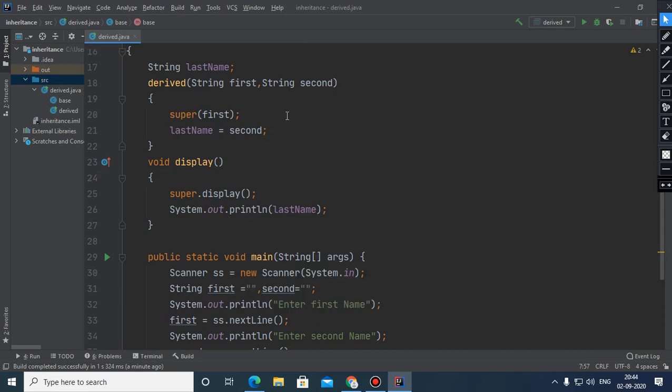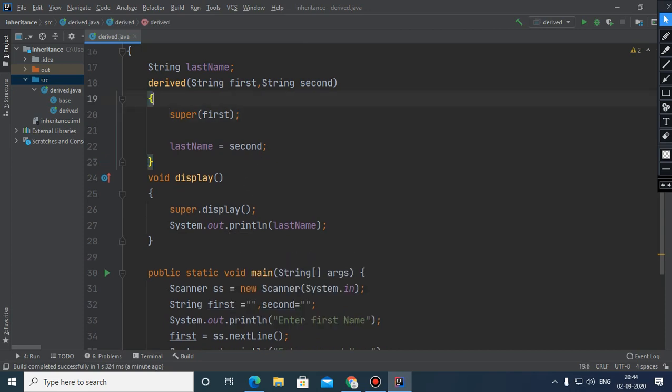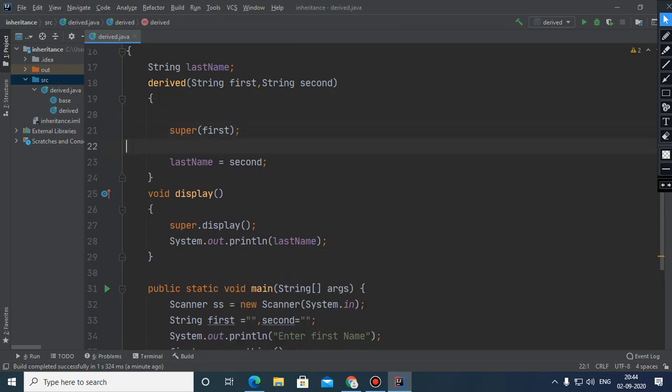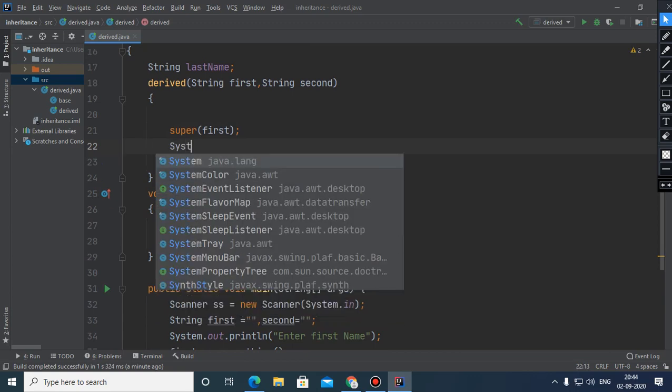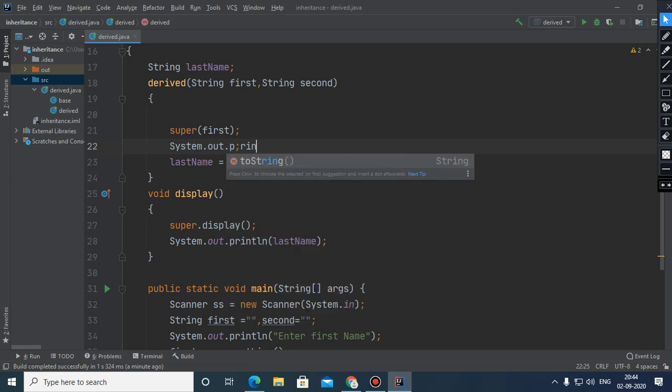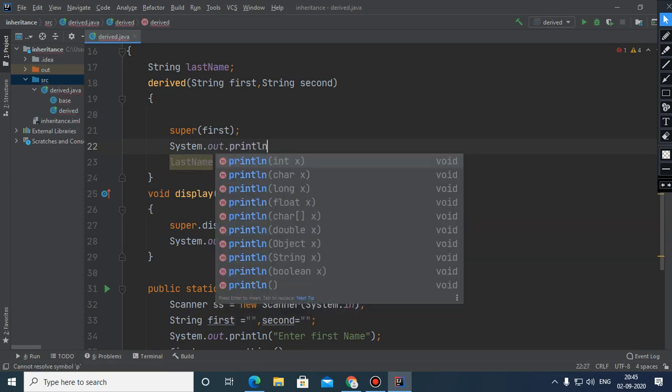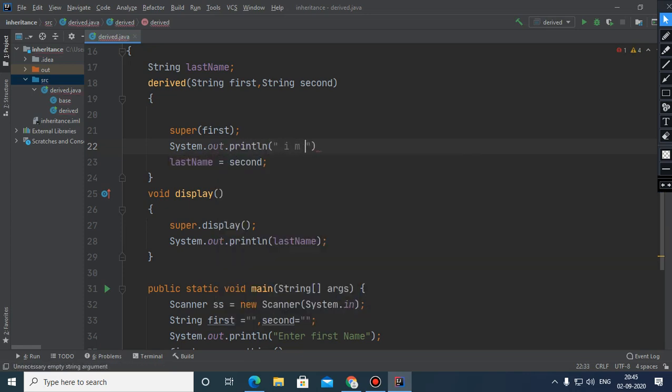And here, I cannot write any message even before this super first statement. I can write here only. So the message is "I am inside derived class constructor." Yes. So now see what happens.